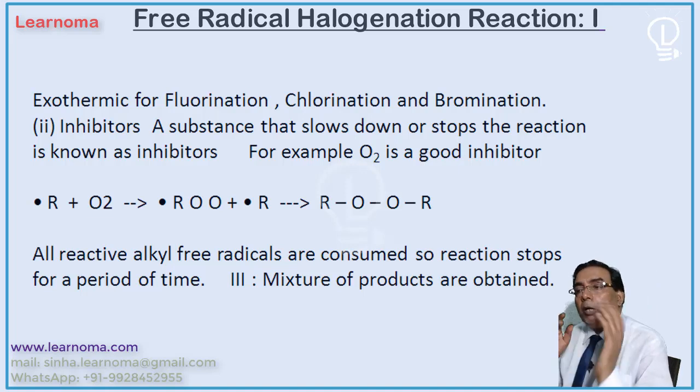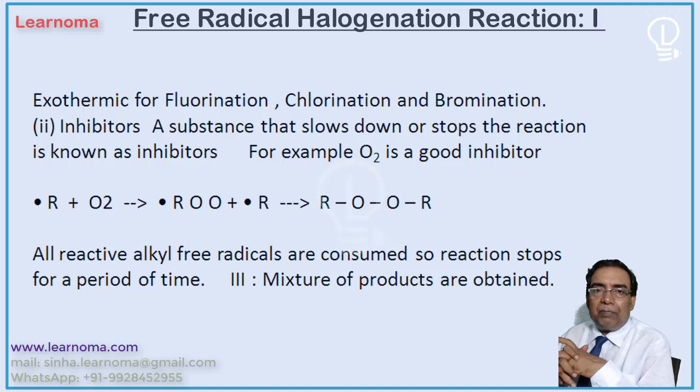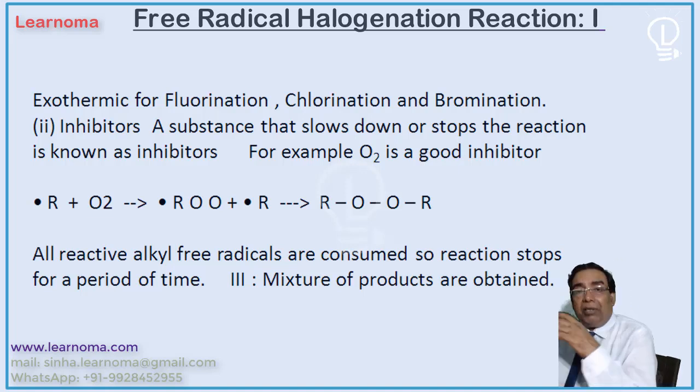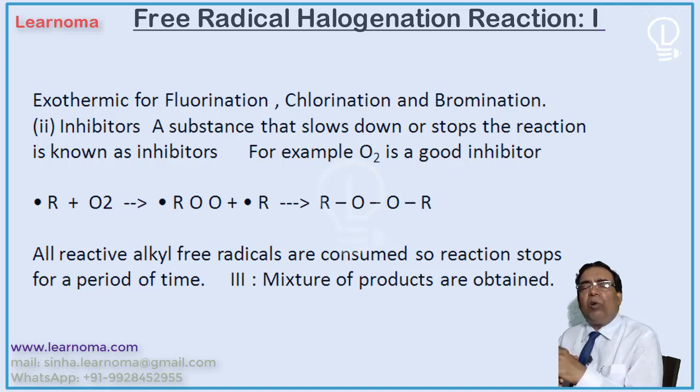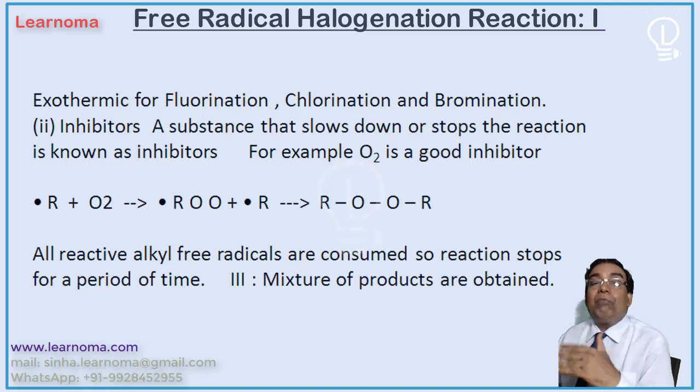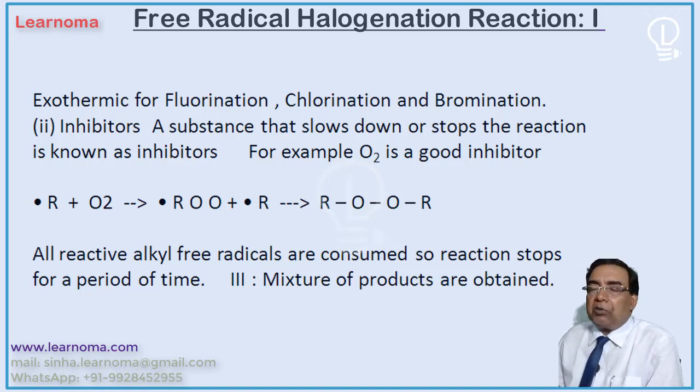For example, oxygen is a good radical inhibitor. Not only oxygen, all phenolic compounds are radical inhibitors. And therefore, all the polyphenols in biochemistry have a large significance. The polyphenols are considered as antioxidants. They consume the radical producing species and retard the rate of oxidation. They are antioxidants. See, what is happening here?